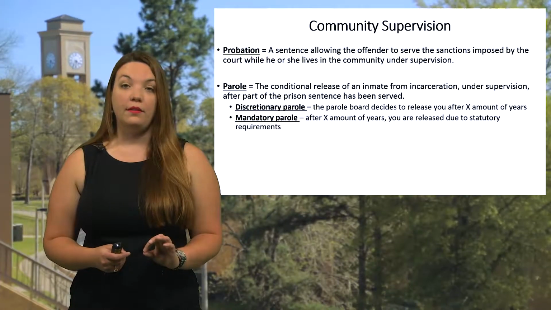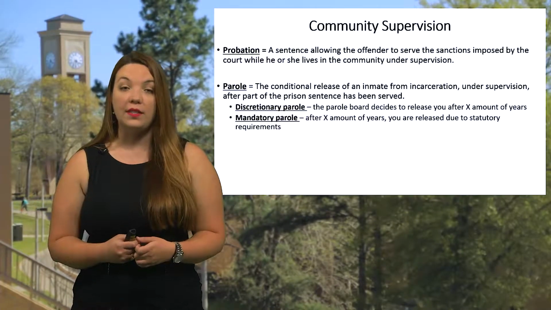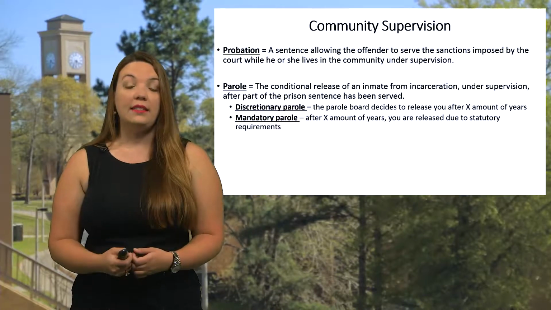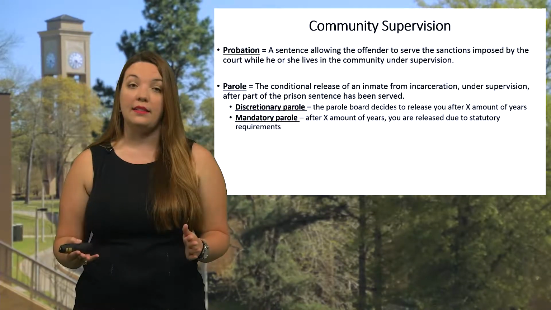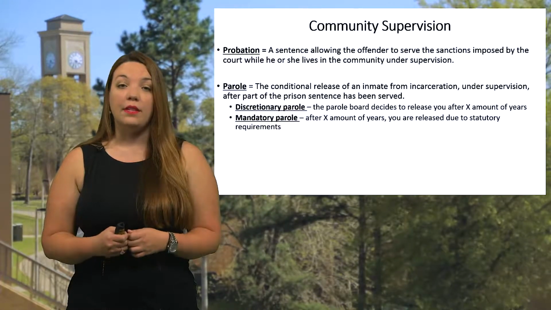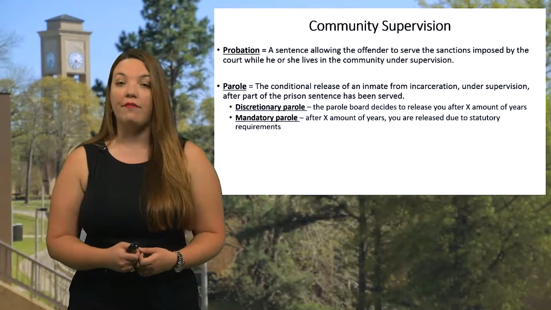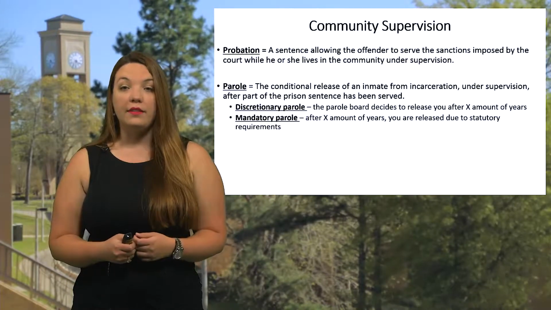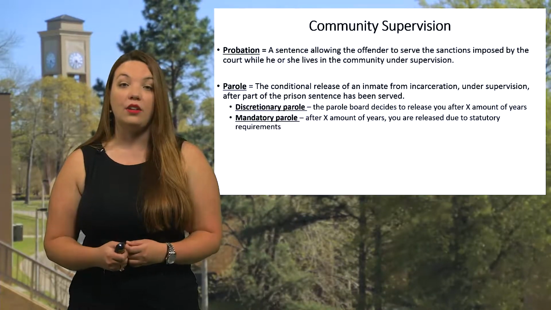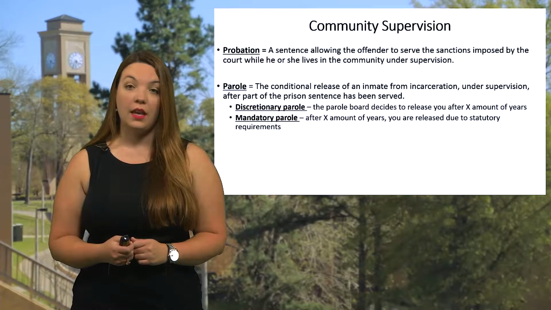Parole is a little different. So traditionally, the way parole works is that an individual must be found guilty or plead guilty at the trial court level first. The judge then sentences the defendant to an indeterminate sentence involving a range of prison time, meaning that the defendant receives somewhere between 5 to 10 years, for example, for committing a certain type of felony offense. After 5 years, the inmate reaches the first instance in which he or she can be eligible for parole based on the time that has already been served.